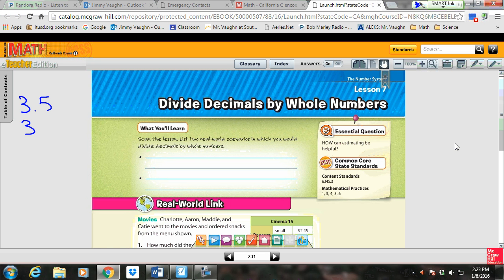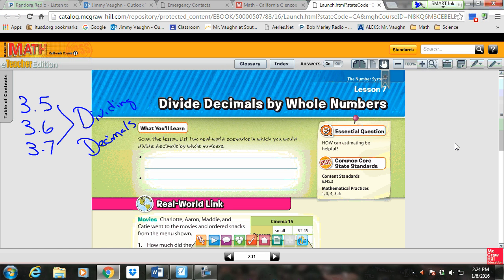Video lesson 3.5, 3.6, and 3.7, all in one. But go ahead and title your notes with all of those, so you know that you've done those lessons. The title will be dividing decimals. So you can just write dividing decimals. Most of you know how to do this already, so that's why we're hurrying through things a little bit more. But that'll be the title of your notes, and I'm just going to quickly go over what was in 3.5